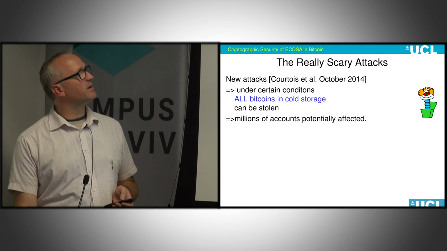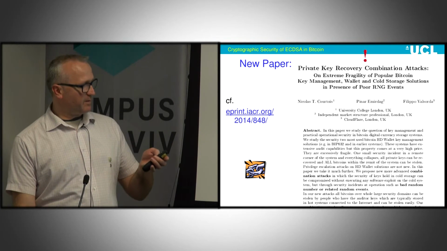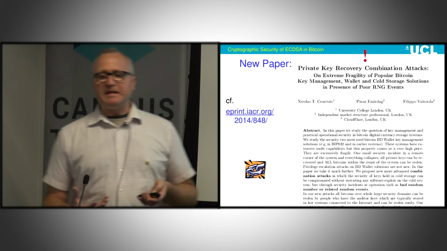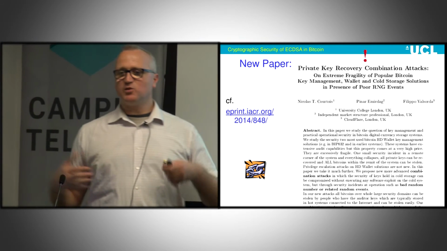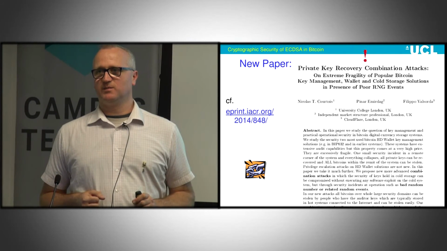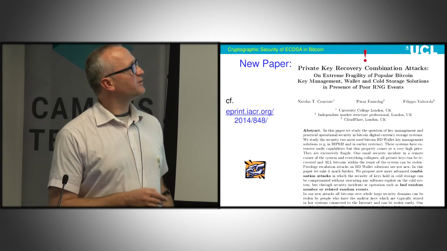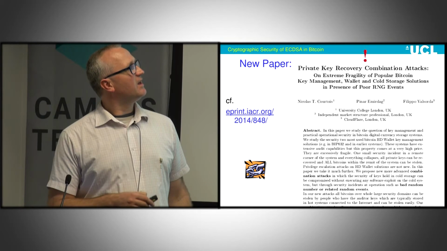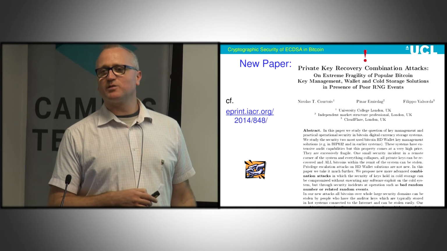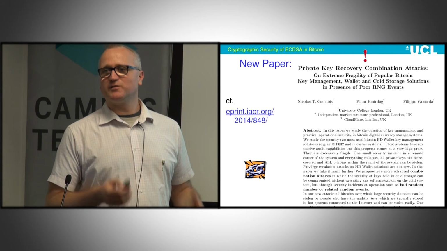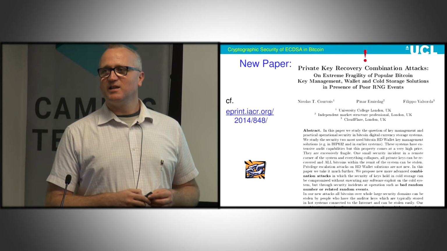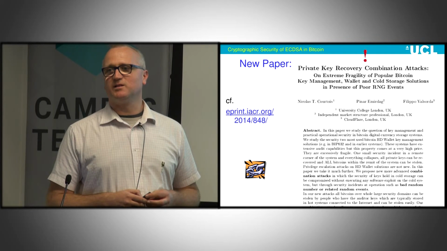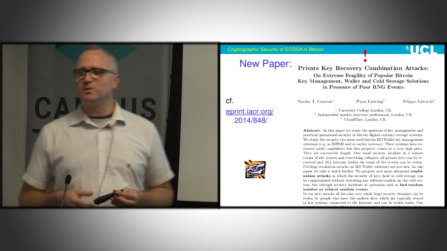So let me explain a little bit. The paper is actually on the internet. You can read it if you want. So these are combination attacks. Combination attacks means 2 things have to happen simultaneously for this to work. So first of all, some people should use HD wallets. And secondly, poor random number generators could be used. And if these things happen simultaneously, then actually all bitcoins in some domain would be stolen. All the accounts would be broken.